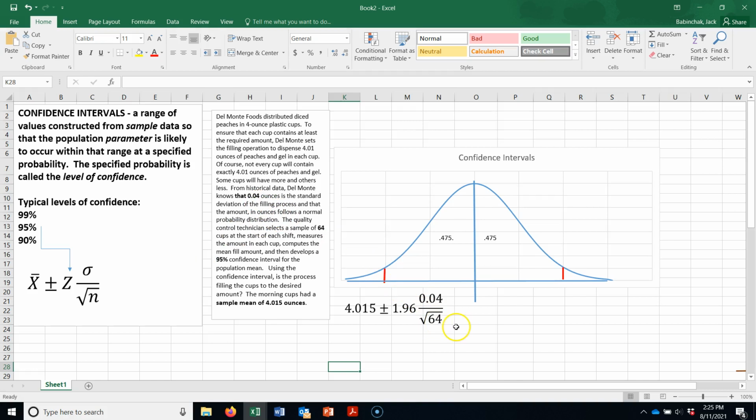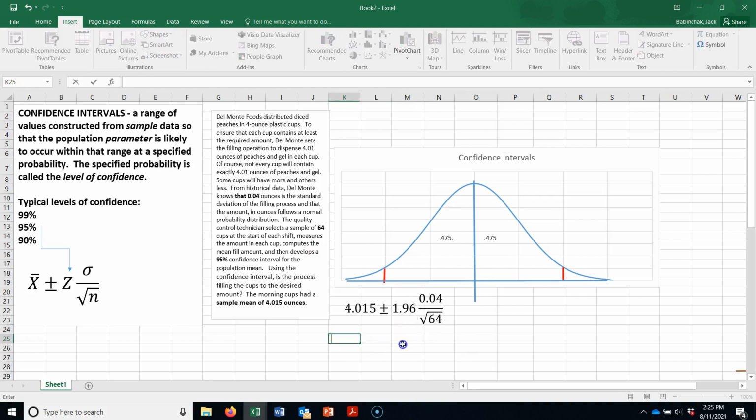And that makes it nice. I think 8 is the square root of 64, so that's 8. So it'd be 0.04 divided by 8. And now if I go ahead and figure this all the way out, it is equal to 4.015, and then it's really this side of the equation here that